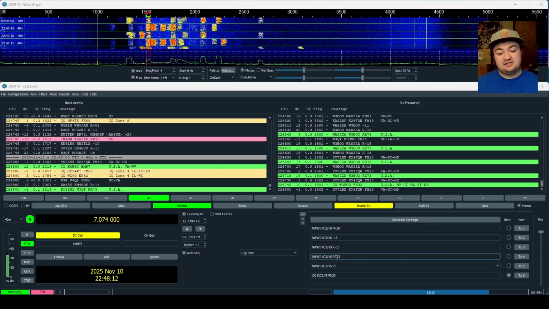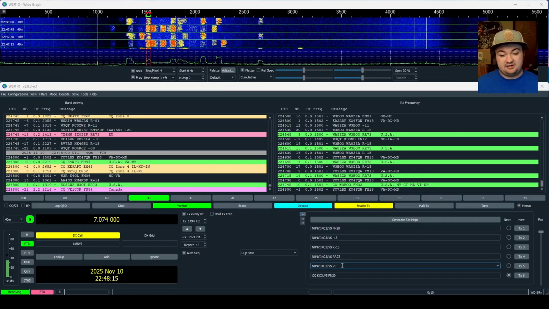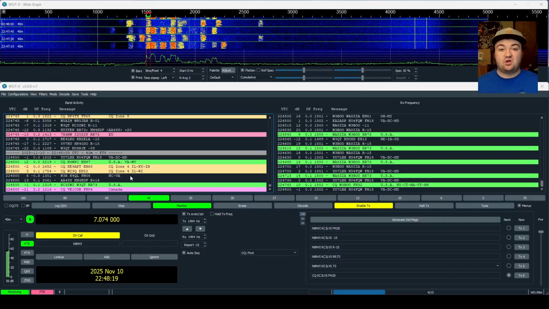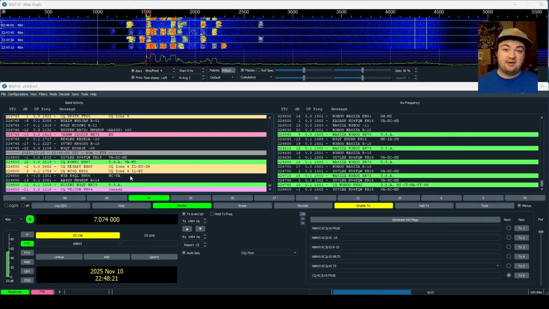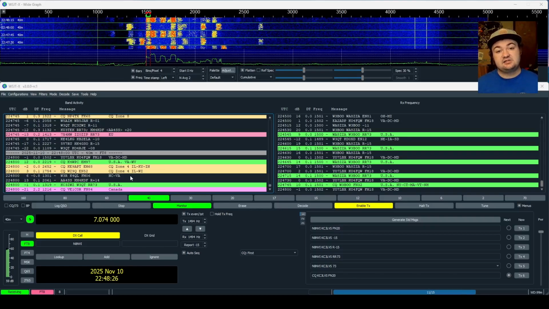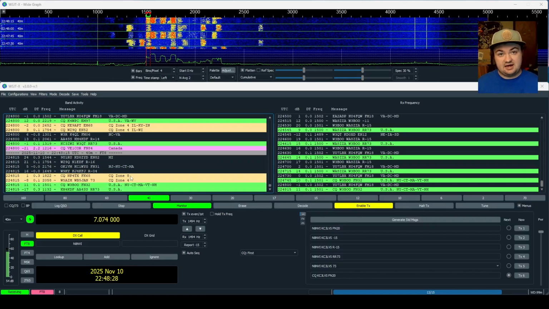But WSJT-X will go through all this automatically. It'll prompt you to log, and you can log. If you use logging software like N1MM, you can pair N1MM to WSJT-X to auto-log your contacts, so you don't